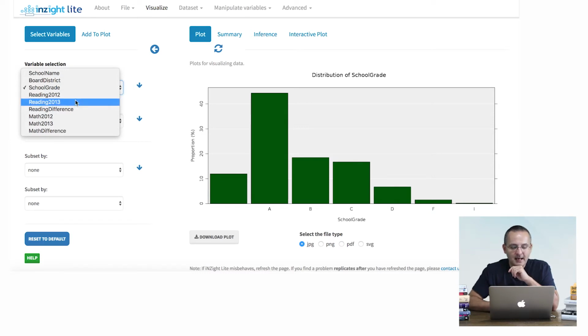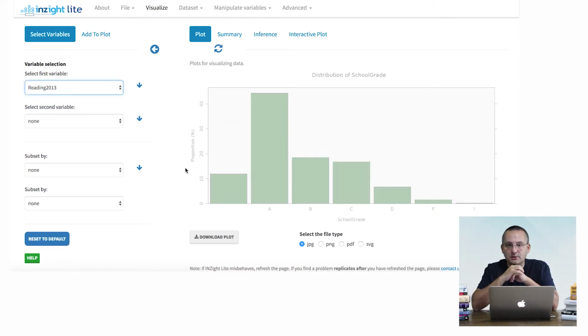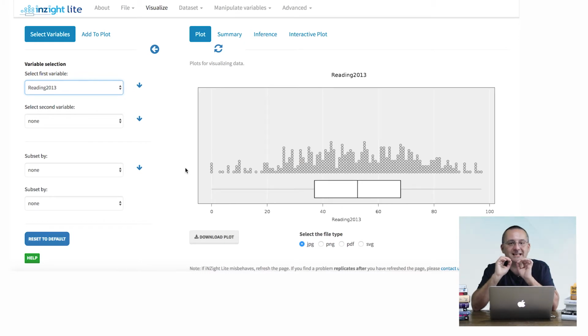I'm going to select it, and the graphic that I get is a dot plot that we could also call a histogram. Let me explain how to read this chart. It's actually quite compelling. Each one of these dots corresponds to one school. The position of each one of these dots on the horizontal axis corresponds to the percent of students on that particular school who could read well. So for instance, on these schools here that you have on the right end of the spectrum, a huge majority of the students are reading correctly. Nearly 100% of the students on this school were reading correctly in 2013.